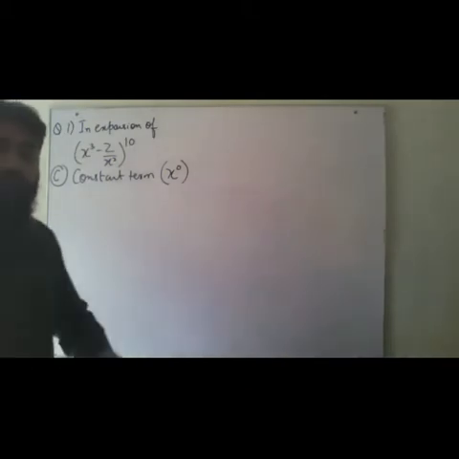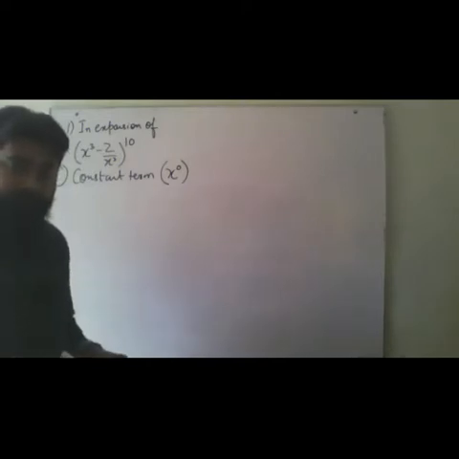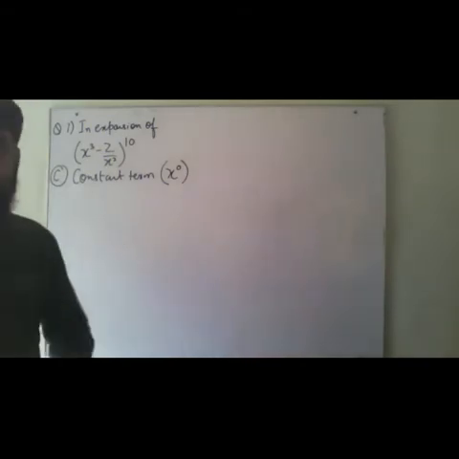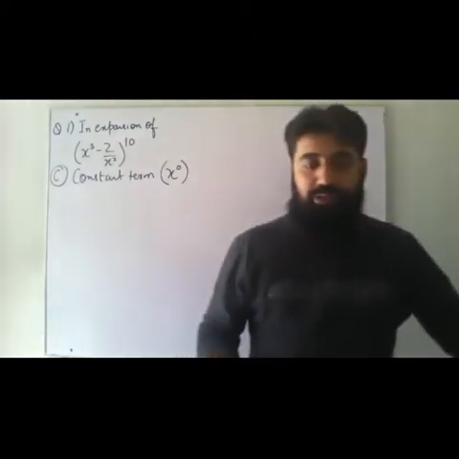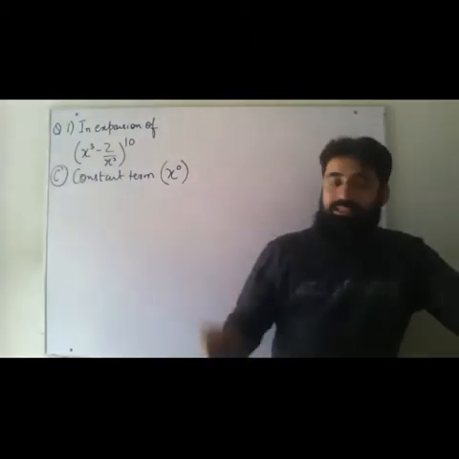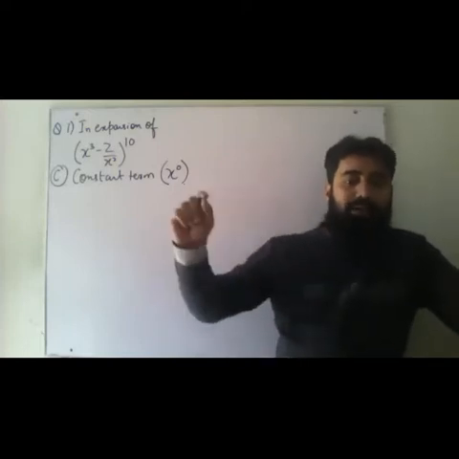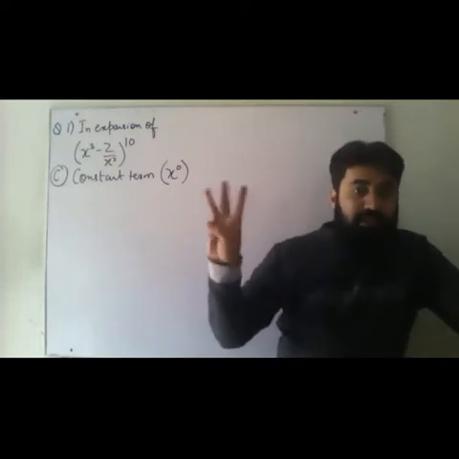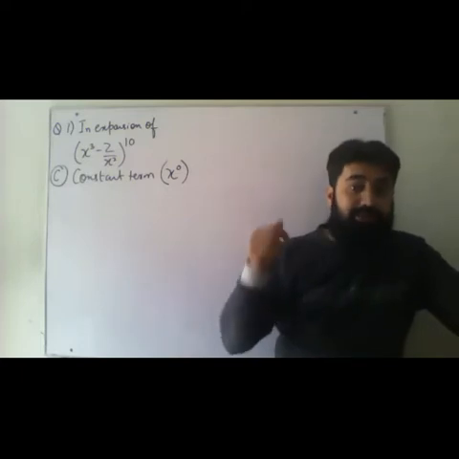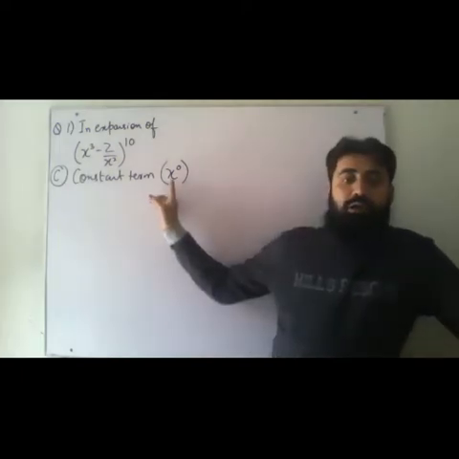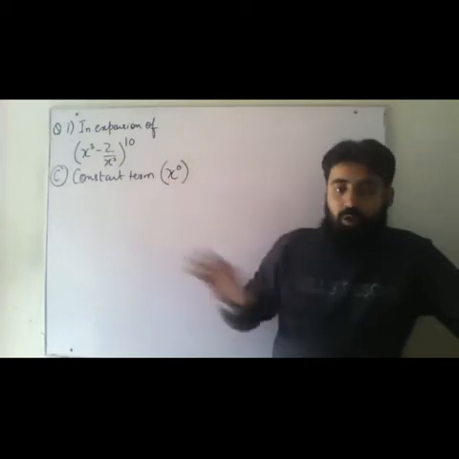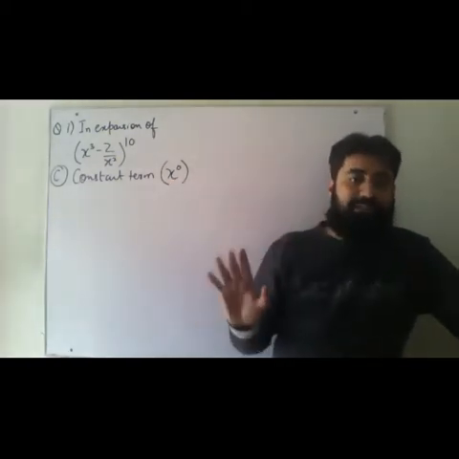Again, no term number is given to me. So I'm going to follow what I have done in A part. In B part, I will try to get the value of r and then I will simplify it to get my constant term. Now, what other wording can they give you? They can give you constant term, they can give you x to the power 0, or they can give you independent of x. These are the three statements, which mean you have to get the term in which x is power 0 or no variable of x is there.